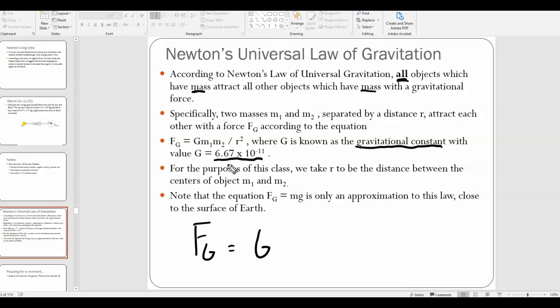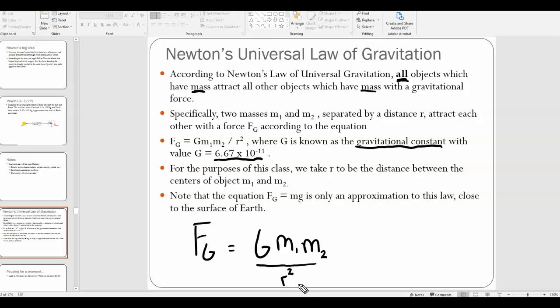We will talk about the units of G momentarily. Next, we have the product of the two masses. And so Newton's law of gravitation allows us to calculate the gravitational force between two objects that have mass m1 and m2. Those are the masses of our objects measured in kilograms, of course, divided by